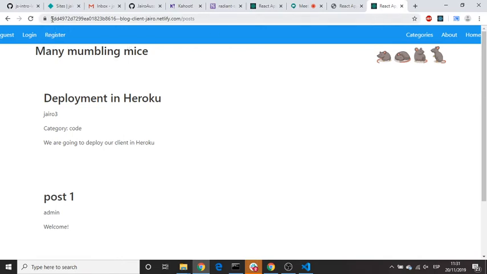So I have mine working. Just check that the posts are displaying here. Is yours working? So if it's working okay, the next step we need to do is